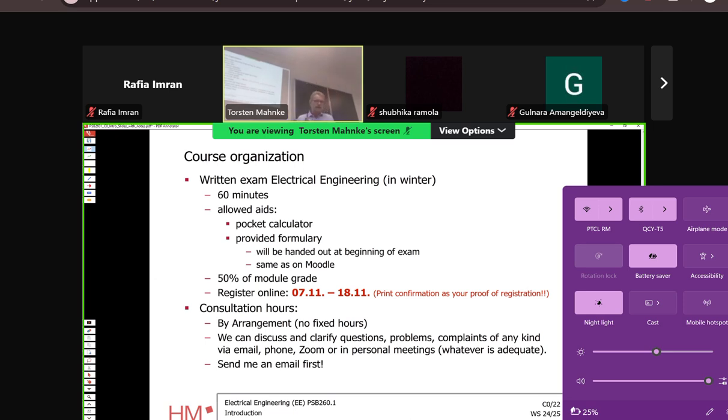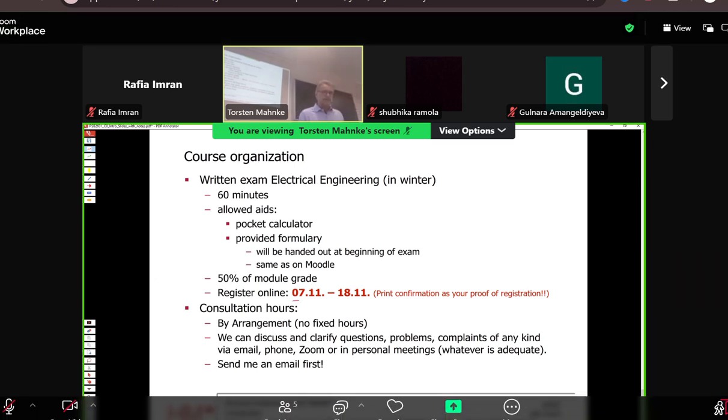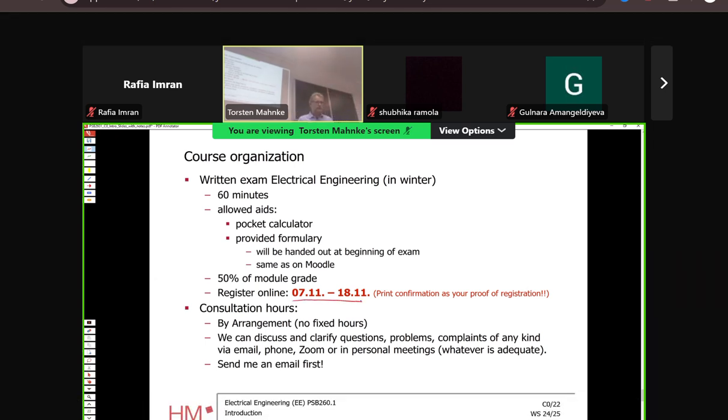Good, okay. Extremely important is the online registration. That's why it's printed in red here on the slide. You have to register online for all your exams. And I'm sure you have heard about that already on Tuesday in the informational session. If you miss that online registration period, it might happen that you're not allowed to write the exam. Let's make an example. If you realize on November 19th that you missed this period,